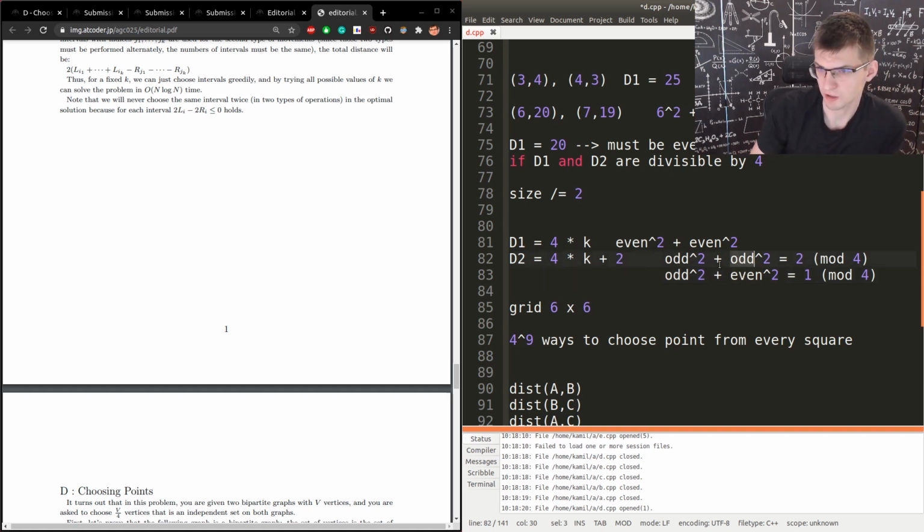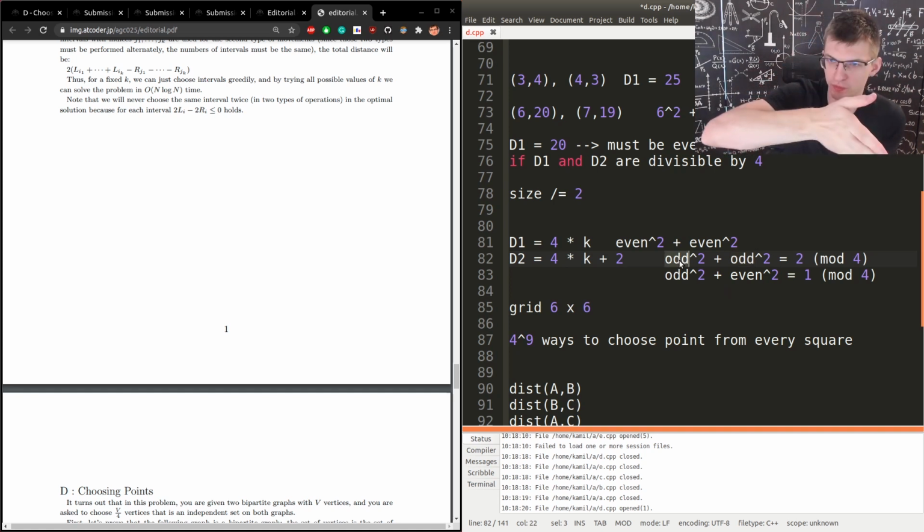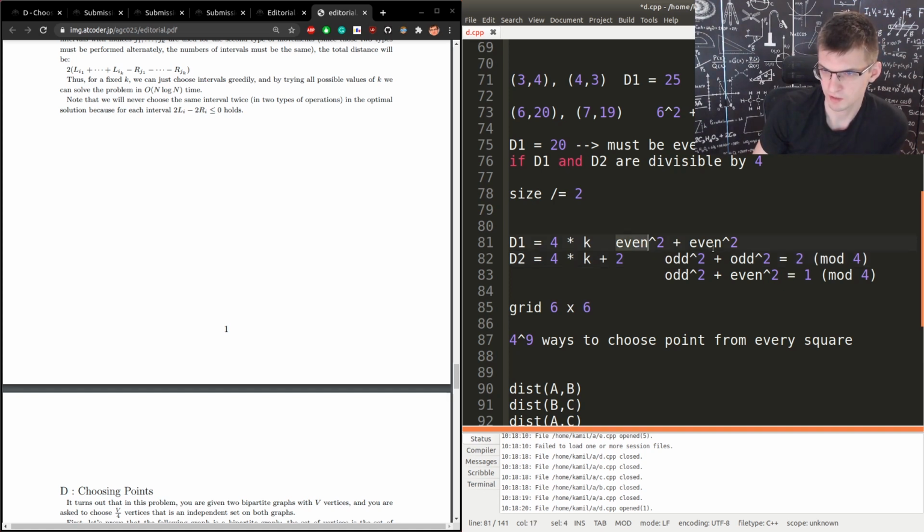What about this? Odd, odd. Then I can paint first row black, then white, then black, white, and so on. Then also it will be connecting black and white only. And for even,